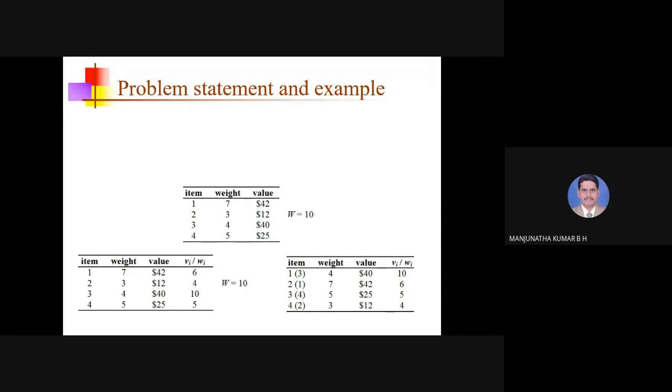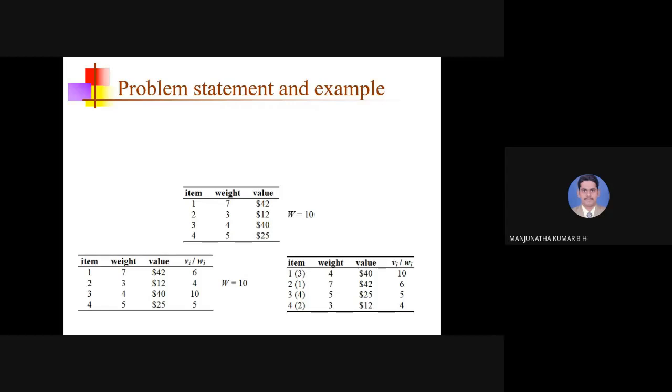Okay, so these are the numbers I am using in solving the problem. The original number of that item is 3, and the second item is the first item of the given question. The third item is the fourth item of the given question. The fourth item is the second item of the given question, and these are the profit weight ratios. In the same way, you consider its corresponding weight and value also. Don't forget to arrange this weight and value here according to the profit weight ratio.